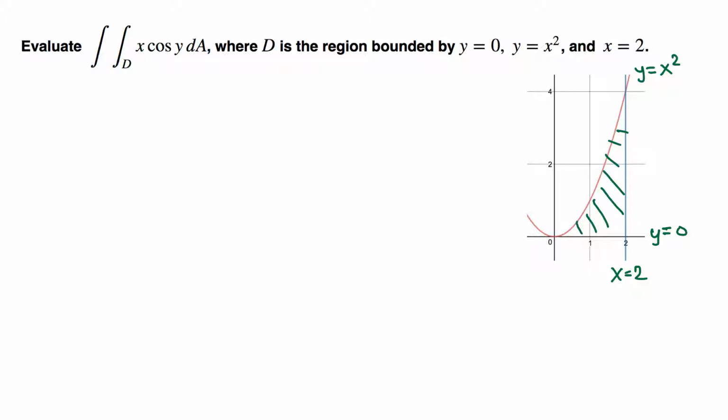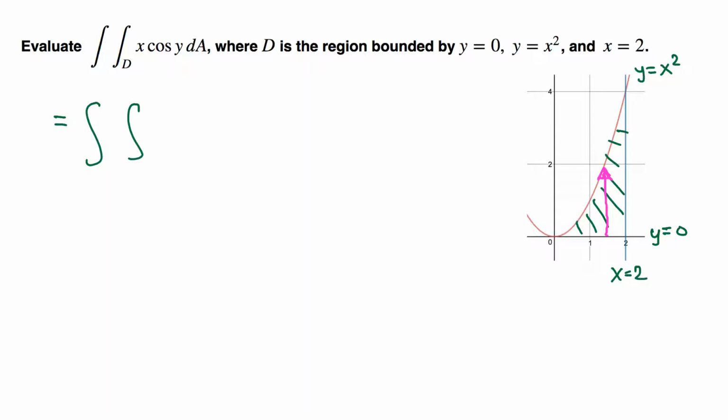The bottom curve is y equals 0 and top curve is y equals x square, so we can say this is type 1 region. Okay, then we can write this double integral as an iterated integral. This is same as